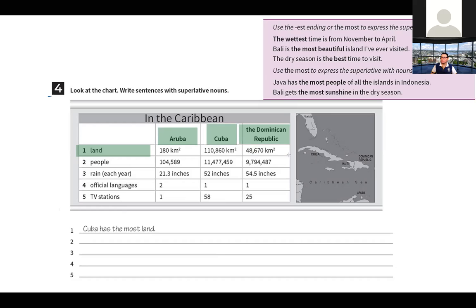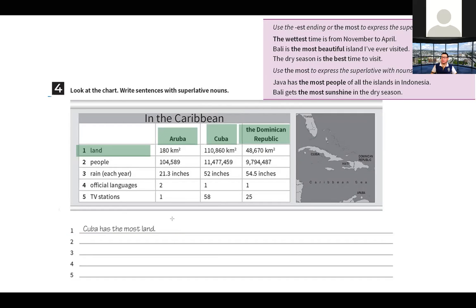No, and look, what do you think is the, for example, that has most land? No, and you say Cuba. If you look, and in this part, Cuba, no, has the most land, right? Tiene la mayor cantidad de tierra, no, tiene mayor área. And you say Cuba has the most land.